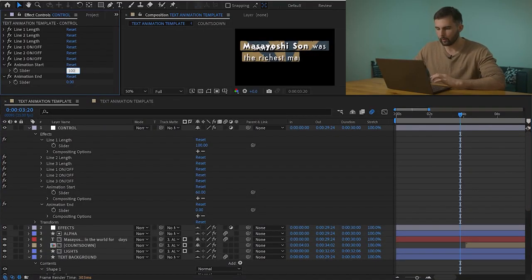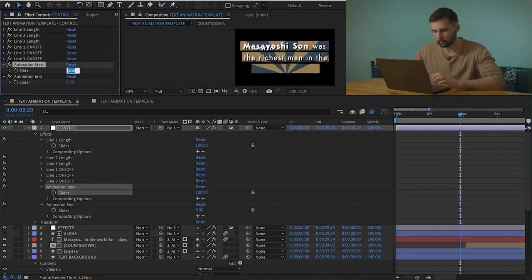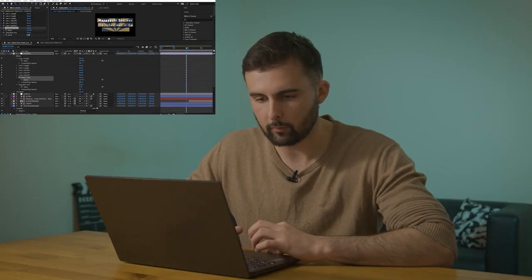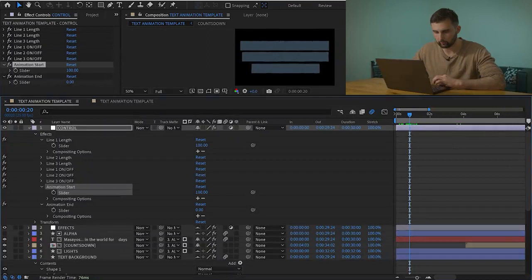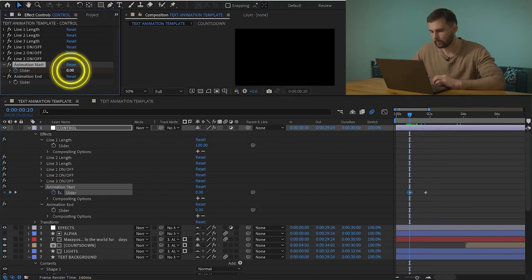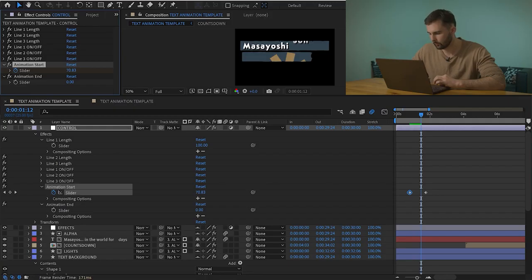So I've got that working, put that at 100%, also obviously it's all the way to the end. At 0, there's nothing there, at 20, we're 20% of the way there. So we still have to keyframe these, obviously we can't get around that, but at least it's all in one layer now. So I'm just going to animate it now, go to animation start, we'll drag that 100% to the end, we're going to go 0 here, and then this should just, there we go, beautiful, beautiful. Drag it out a little bit,